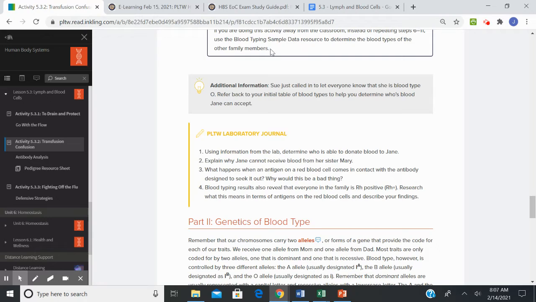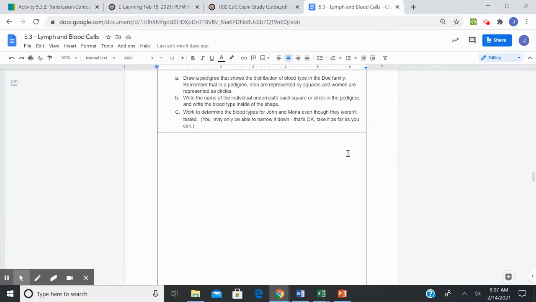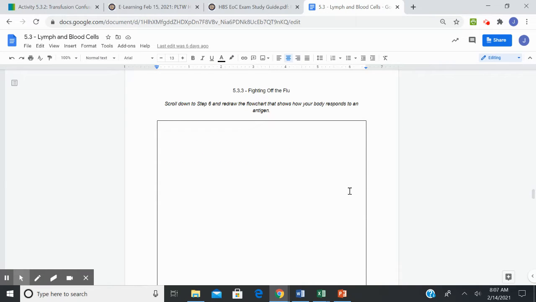And so if we go back, by the way, this information, Sue said that she's blood type O. So that definitely helps you as well. And then for 5.3.3, fighting off the flu,